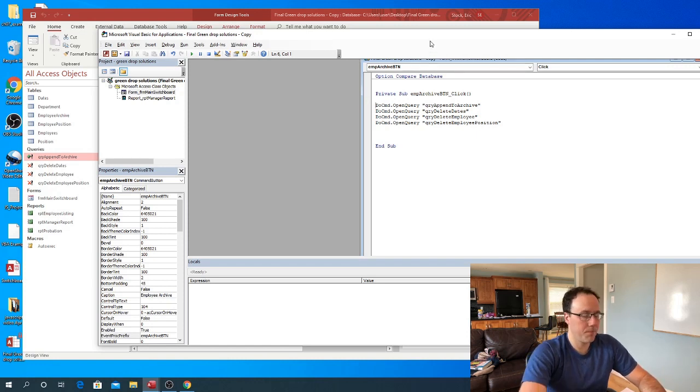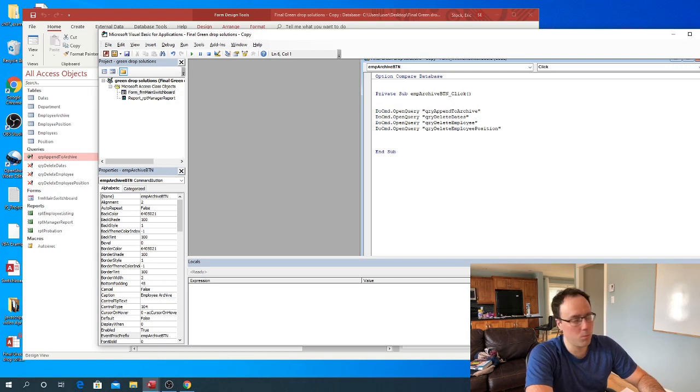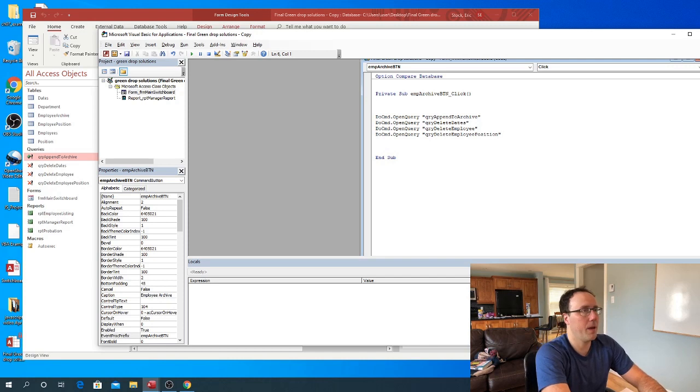Now, the only other thing that you'll notice when we run these commands is you'll get a bunch of warnings. And when we saw the macro example, we got hit with all kinds of warnings. Are you sure you want to? This is going to add 1 row, or this is going to delete 1 row. Are you sure you want to do this? And often you don't want all of those warnings. So I'll show you right here in VBA. You would go DoCmd.SetWarnings False, okay? Now the only issue here is if I just run this and save it like this, the warnings